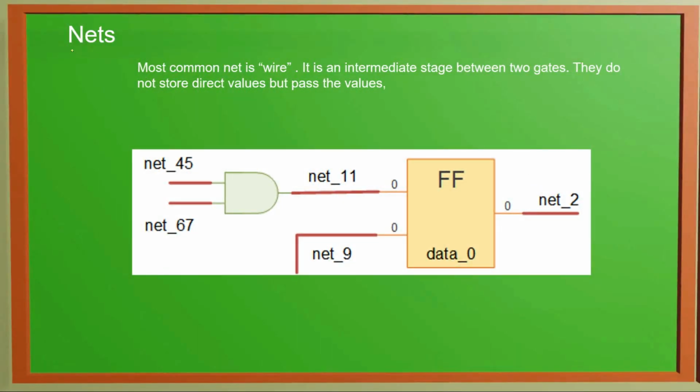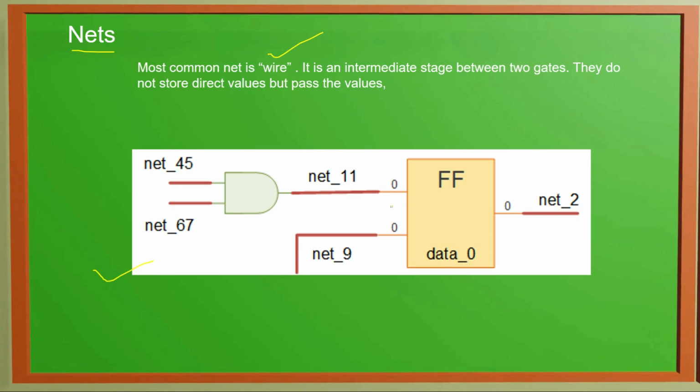Then nets. The most common example of a net is a wire. It is an intermediate stage between different parts or different gates. Like we can see here, this is a snapshot of a design from Verilog output. We have one AND gate and there is one flip-flop.